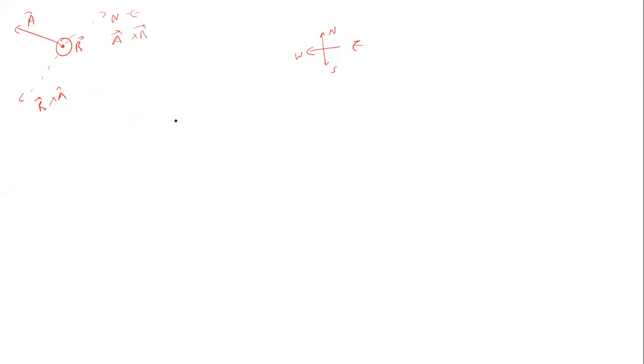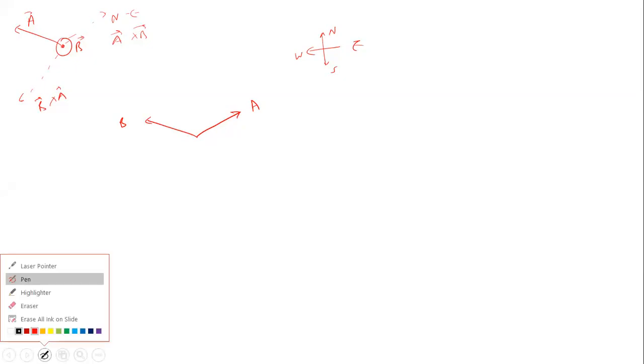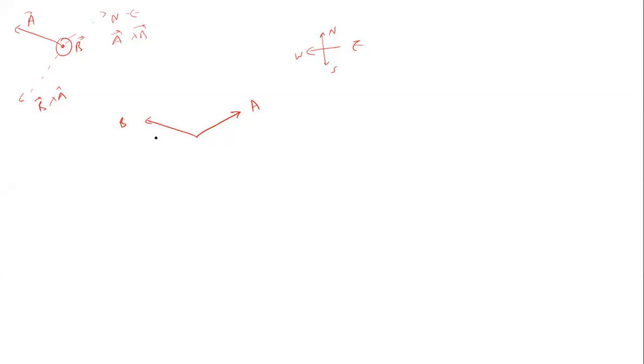One more problem we can do. Now everyone should get the answer correct in this case. Say we have an A vector in northeast and a B vector in northwest. What is the direction of A cross B? South? Both are in the same plane. Z axis. Yes, it would be the Z axis for A cross B.